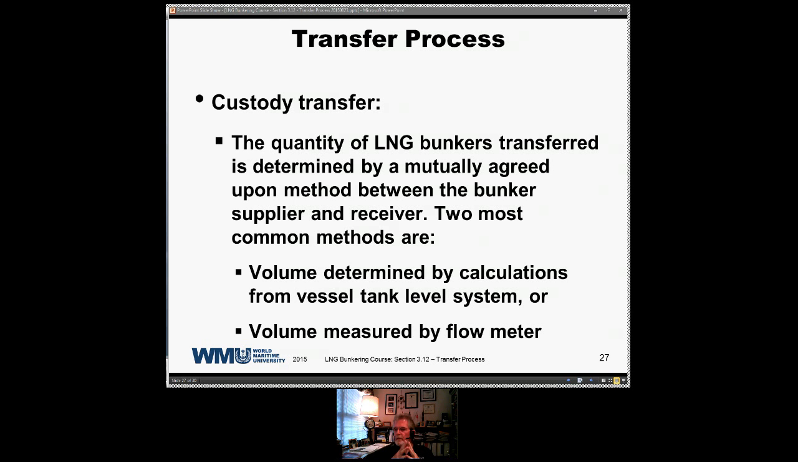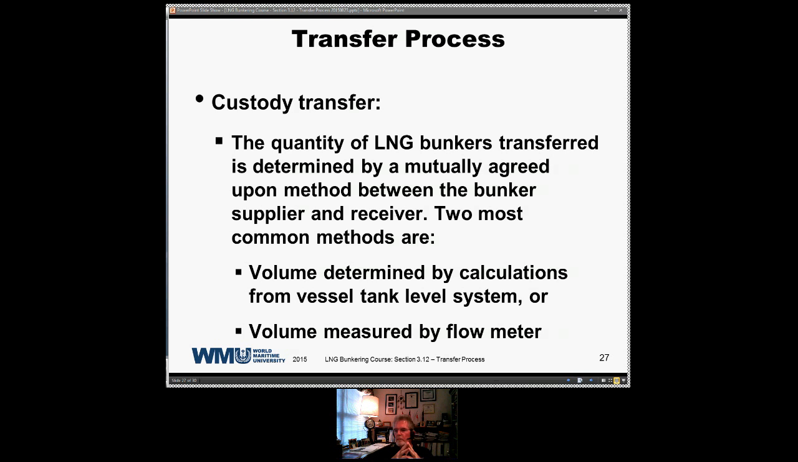I have not had much experience with flow meters, but I do suspect in bunkering operations this may be a little bit more common than with a terminal operation, transfer of cargo from a terminal to a ship. But usually the calculations of the vessel's tank level system are the figures that are going to be